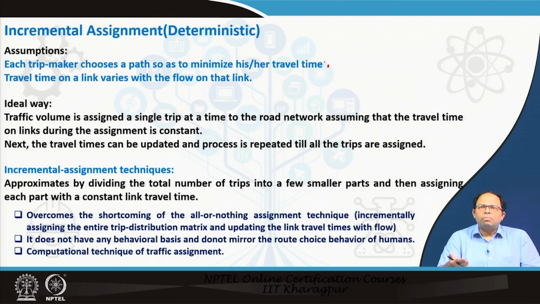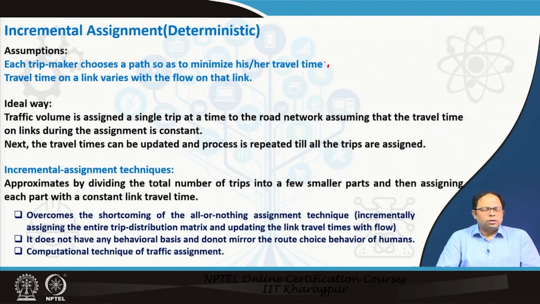But at one point you will see some links will exceed capacity, then the traffic volume starts to increase, the impedance increases and the shortest path may change. If the shortest path changes, that means the entire traffic volume would be loaded into another particular link. So that is what actually helps us to determine how traffic volume would be divided among different paths or links. So that is the ideal way, but actually it is not possible, because if I do it one trip at a time, it will take a long time to execute the process,